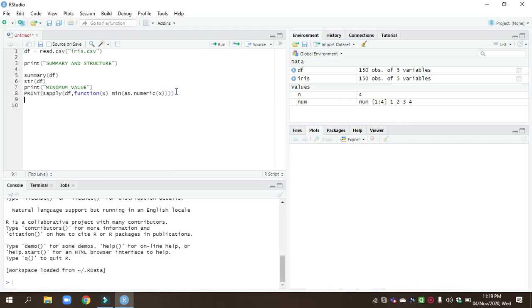With the help of this function we get the minimum value from the CSV file.